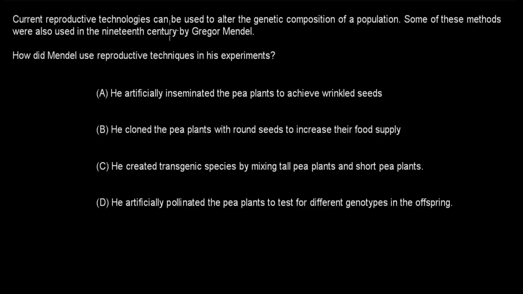Current reproductive technologies can be used to alter the genetic composition of a population. Some of these methods were also used in the 19th century by Gregor Mendel. How did Mendel use reproductive techniques in his experiment? He artificially